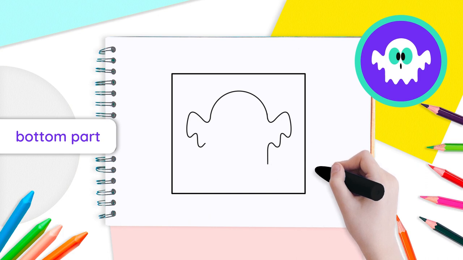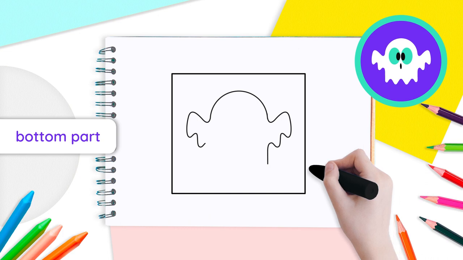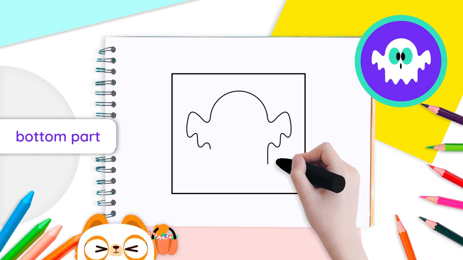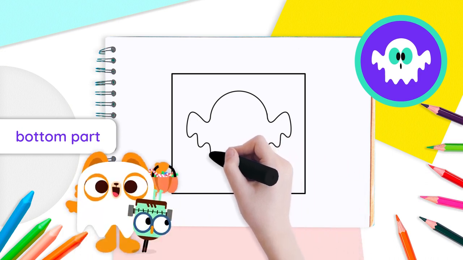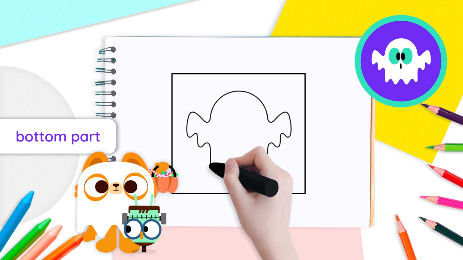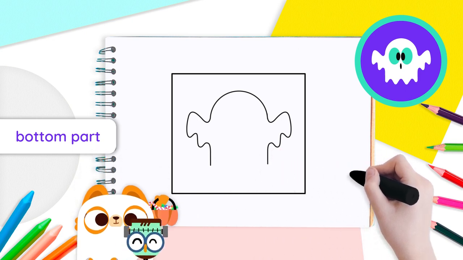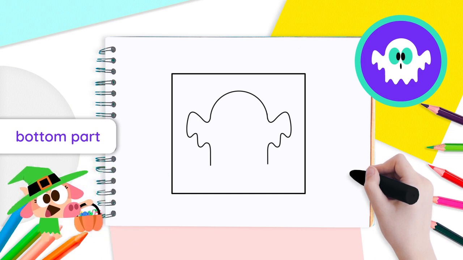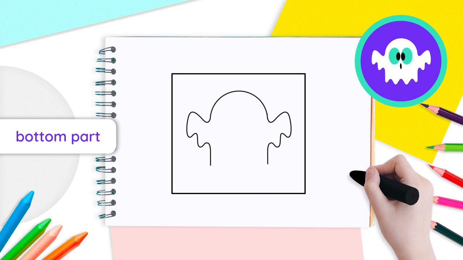Do the same on the left side of our ghost. From the end point of the left arm, draw a small upward curve from right to left. But this time again, make sure to draw a long straight line going downwards when drawing the end of your curve. Great job, everyone! And now finally, to connect both endpoints of the long straight lines you just drew, draw